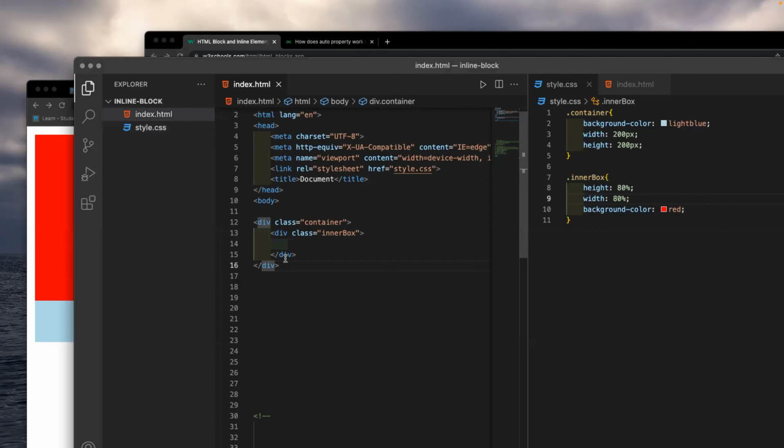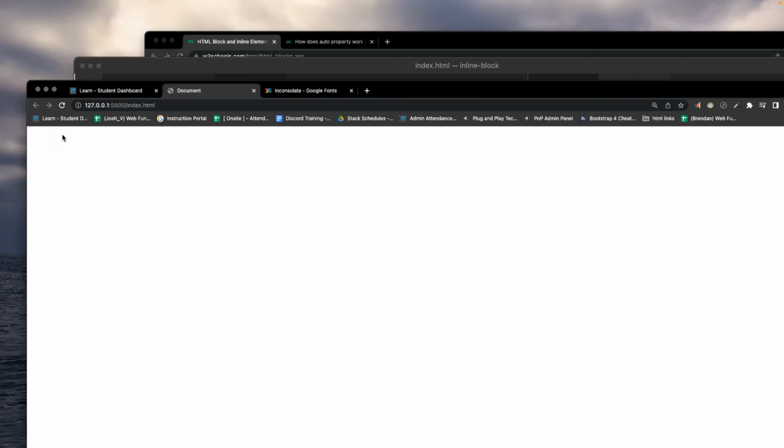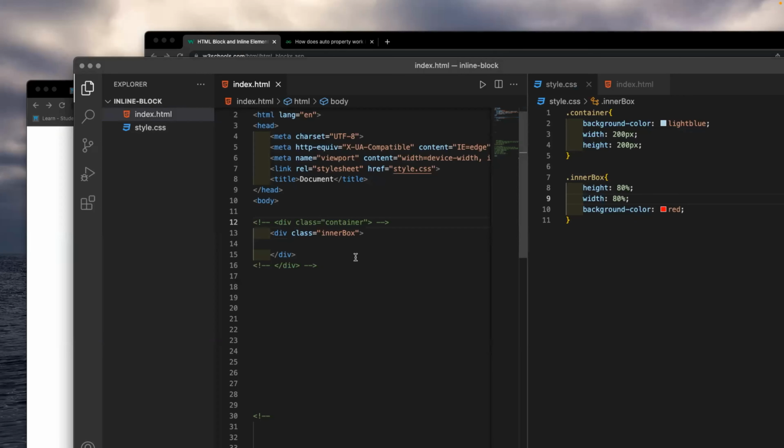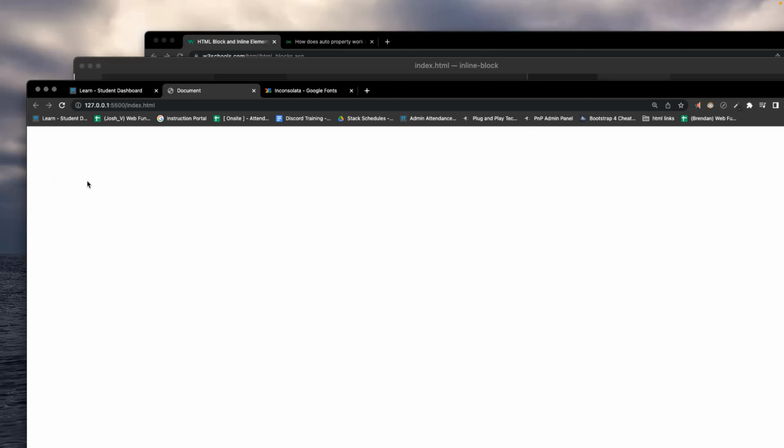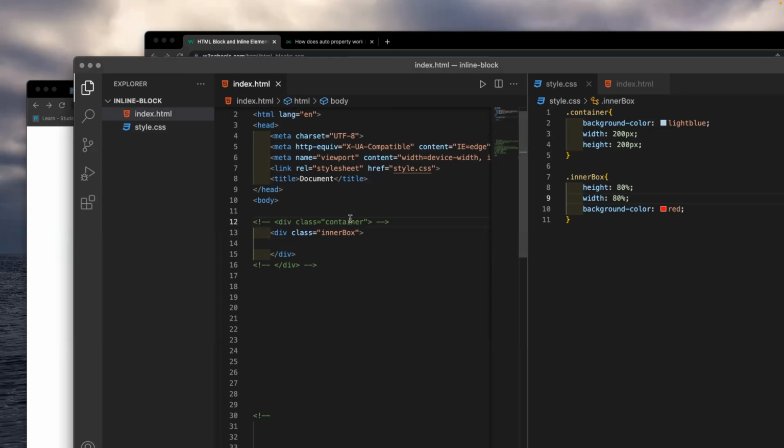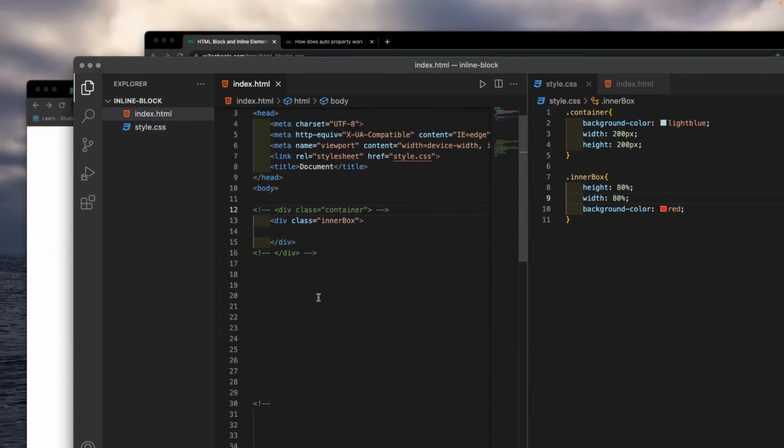If, for example, this red container, if its parent was the whole body, if we take away this wrapper here, for example, let's see what happens. Still by percentage. Oh, but it disappeared. Did I do something here? Inner box, it should be within the body. Disappeared on me. Because I think it's within the div. Yeah, but I commented it out, so it should be just within the body. But I think